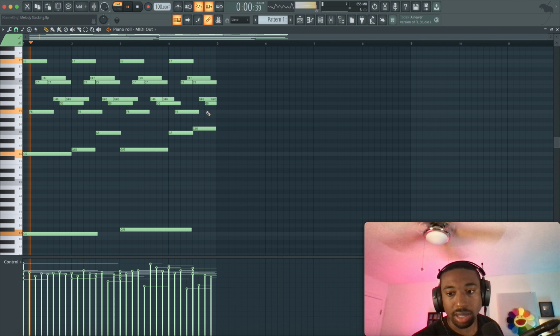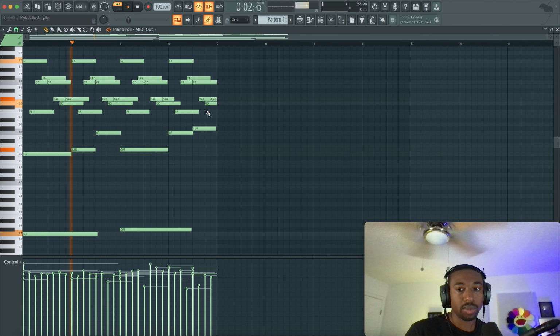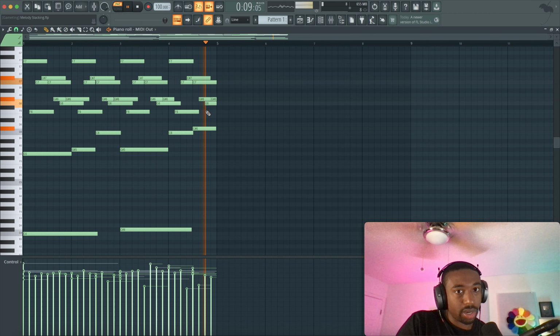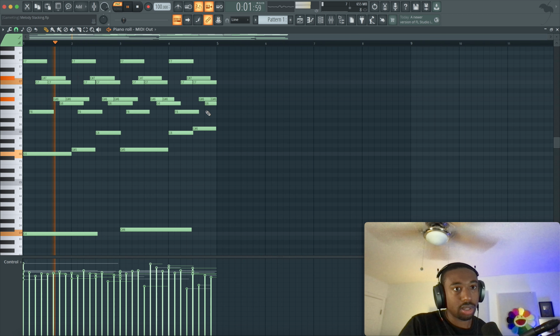And also, we have to think about an instrument's real frequency range. Like I could sing, but I can't sing like Mariah Carey. So instruments are the same way. They have certain frequency ranges that you want to stay in to be realistic.